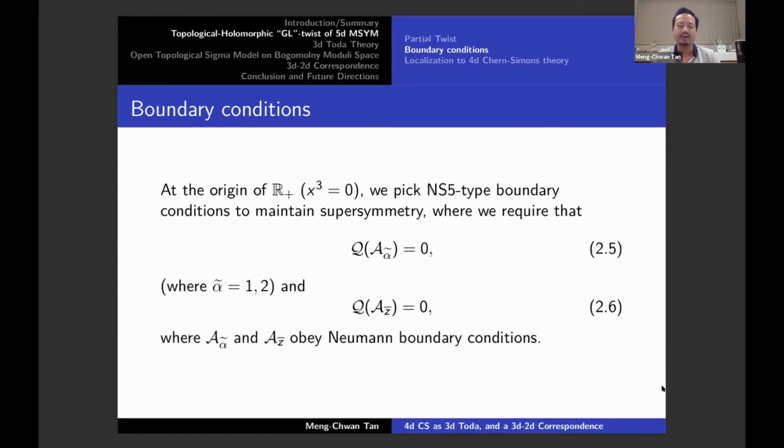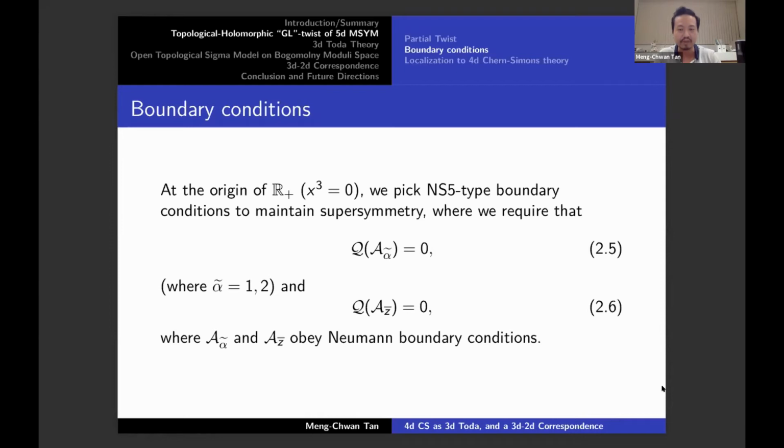In our previous work, we had a configuration of D4 branes ending on NS5. In this case, we have not talked about it, but we could realize what we're studying here in terms of string theory also. So we have a D4 brane that ends on NS5 and a D6 brane that's intersecting the NS5. If you do a T-duality down, you would end up getting something like a D3 brane intersecting NS5 and a D5, which is a corner configuration studied by some people, which allowed them to get some W algebras in 2 dimensions. Okay, so that's roughly the inspiration, or the guidance, that we got to pick NS5 type boundary conditions